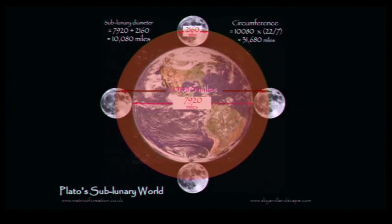We can now look at what happens if we connect a circle round to the middle of the Moon, the midpoint of the Moon's disk. And then we get 7920 plus 2160, because there's 2 2160s each side. That's 10080 miles, multiplied by 22 over 7, which is what happens in the ancient system. And you end up with this perimeter being 31,680 miles. This is Plato's sublunary world,